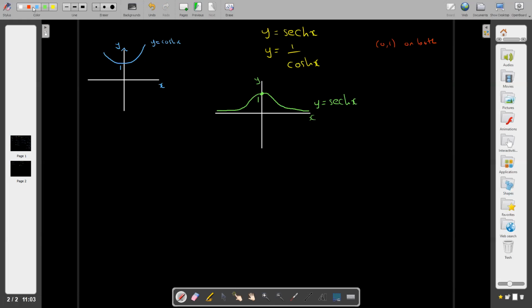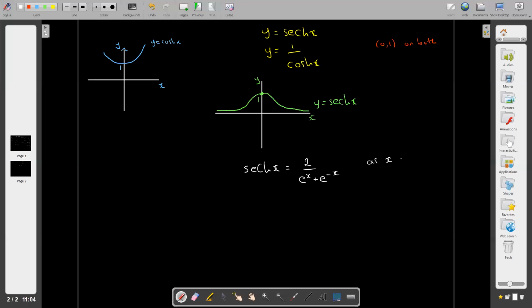Okay, it's probably worthwhile having a look at how we might look at this from an exponential point of view. So I will write that now. The definition of sech x is equal to 2 over e to the x plus e to the minus x. So if we think about this way,